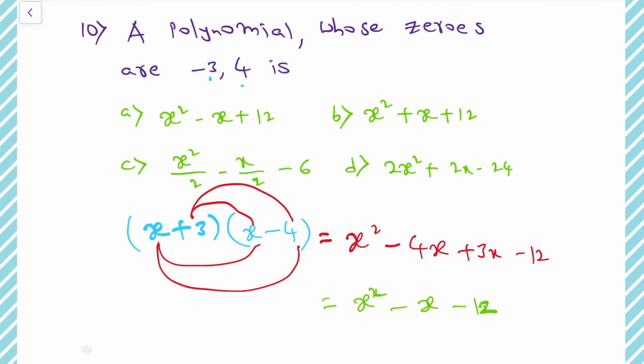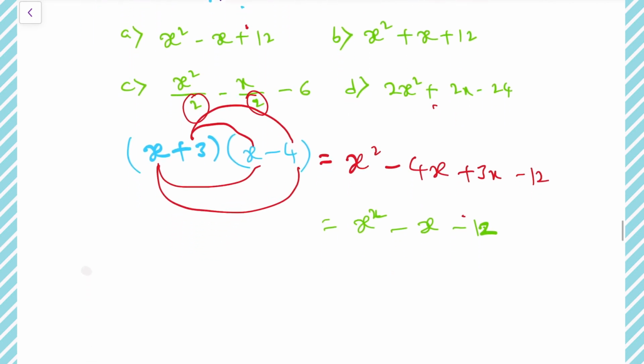But in this case, that answer is not there among the options, so what do we need to do? Observe here clearly. The first option is completely different from this, because here a plus symbol is there, here a minus symbol is there, so discard it. Second option, all are plus, but here all are minus, so discard it. In the last option also, plus is there, but we want minus, so discard it. So only option C is remaining. But in option C, if we observe, by 2 is there. So for this answer also, I will divide by 2 for all the terms. Here it will become by 2, here it will become by 2, and here 2 1s are 2, 2 6s are 12. So option C is the correct option.